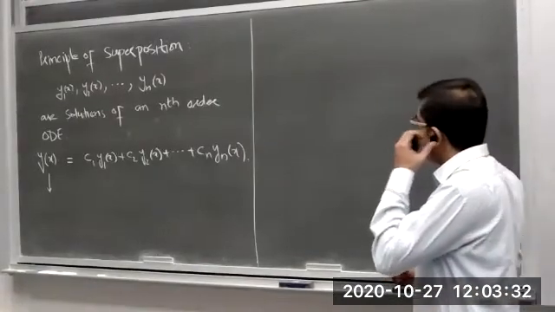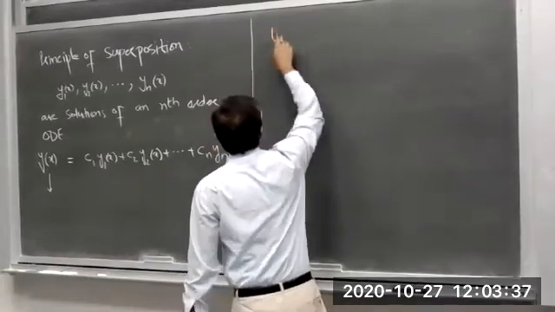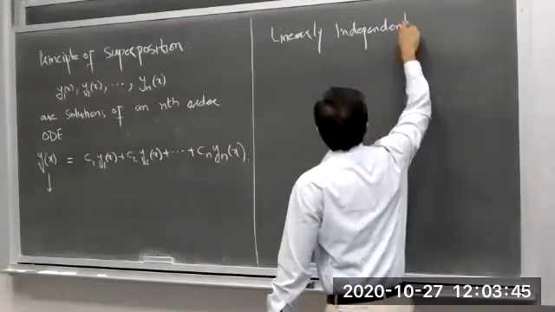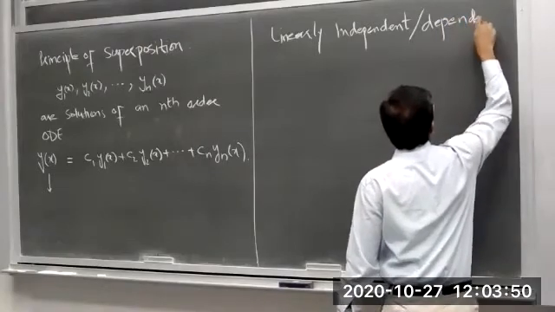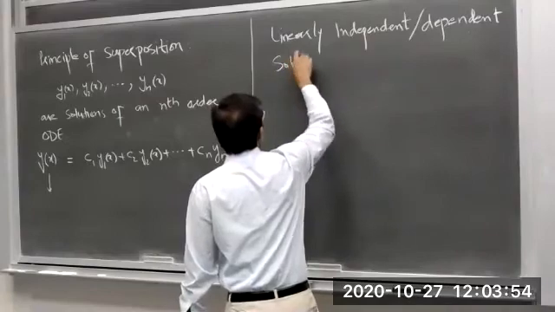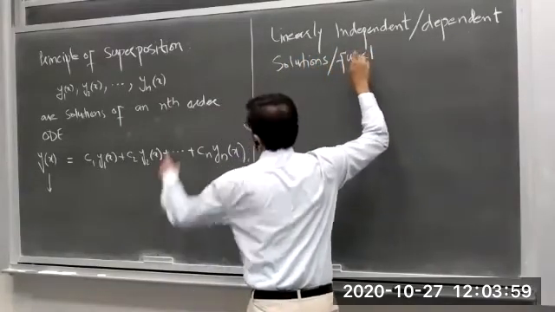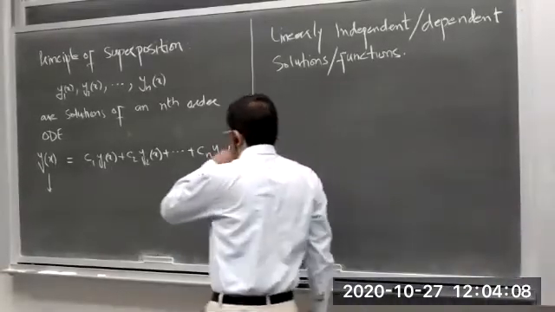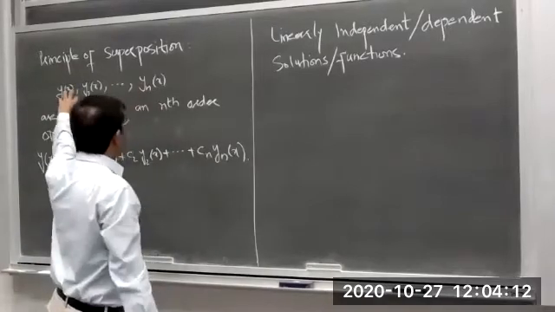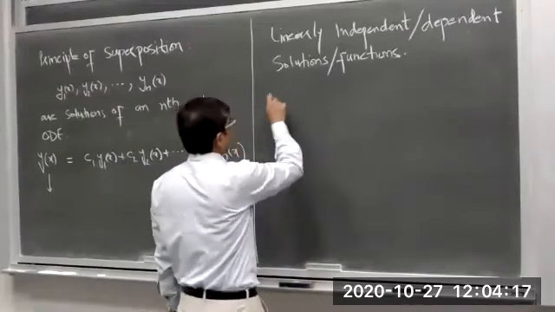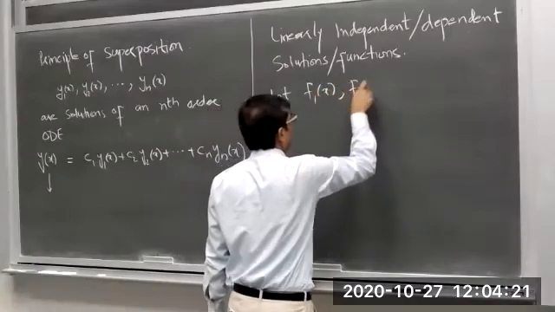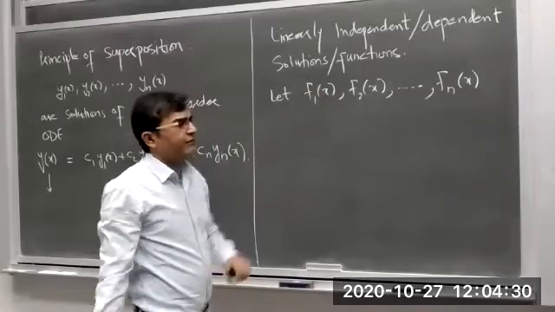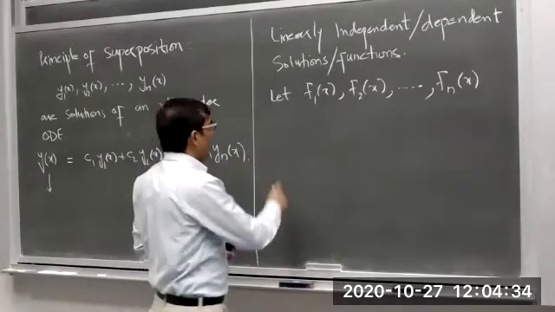Now we are going to discuss linearly independent or dependent solutions, or you can say functions, because these n solutions are in fact different functions. Now if we have n different functions, for example, let we have f1 of x, f2 of x, so on, fn of x. These are n functions. Then these functions will be called linearly dependent if